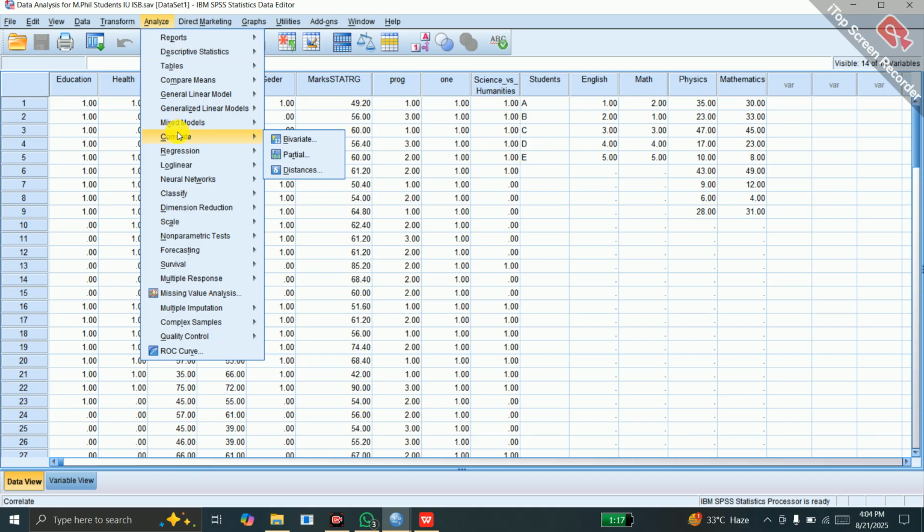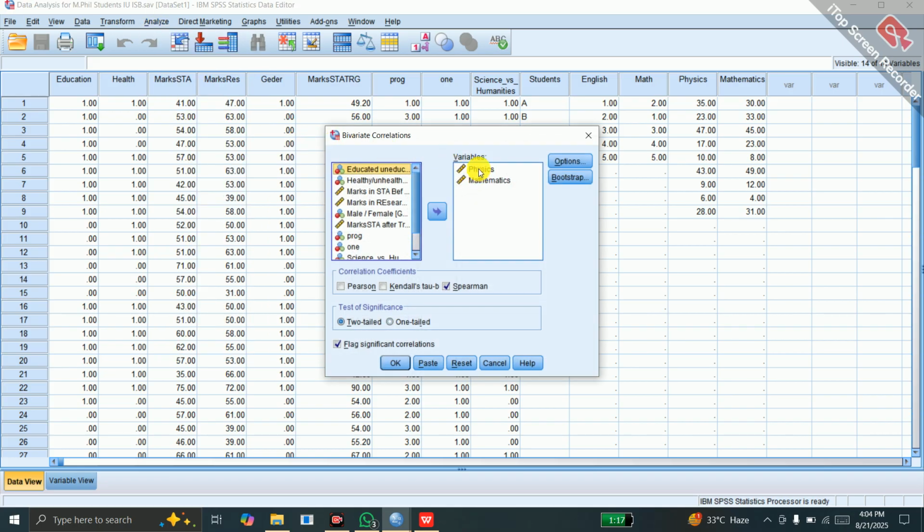So after navigating to Analyze, I'll come down to Correlate, and then I'll click on Bivariate, and I will use these two variables which I have already here. So originally this space will be empty. Whatever variables we will use for computing Spearman's rank correlation, we will have to use those variables in this space. And originally the Pearson correlation coefficient will be ticked, but since we want to